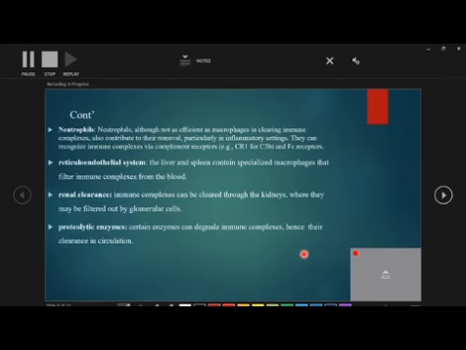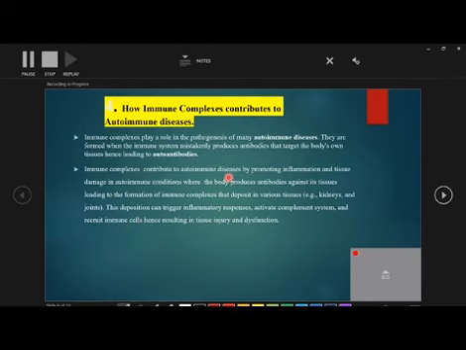So let's continue. The role of these phagocytic cells is to help in clearance of immune complexes from the blood or from circulation. There is also renal clearance, where the immune complexes are cleared through the kidney. They are filtered by the glomerular cells, hence removed from circulation. Let's continue to the fourth question,